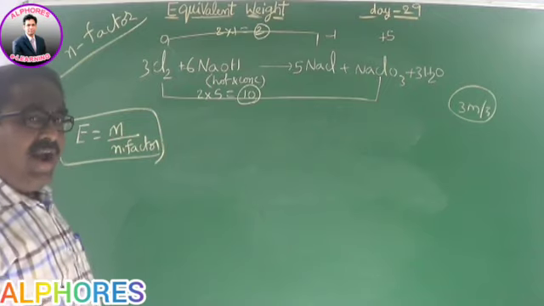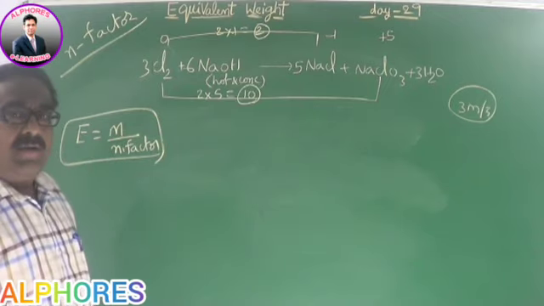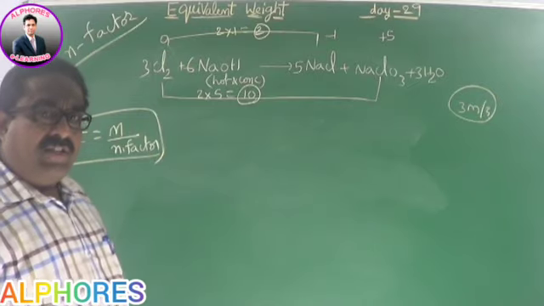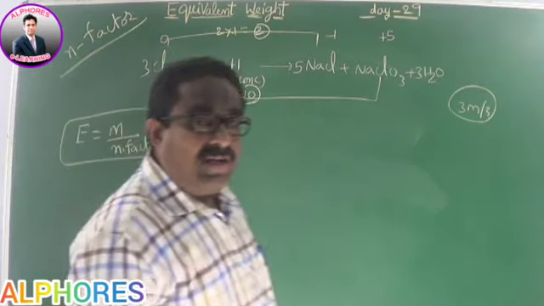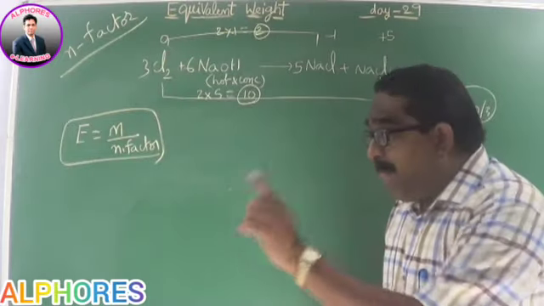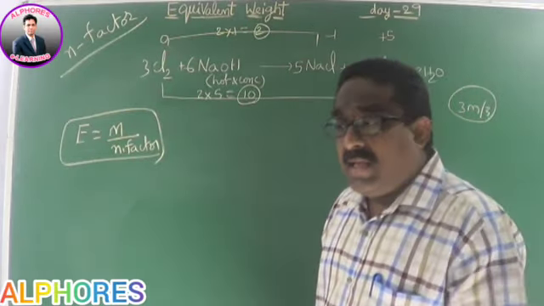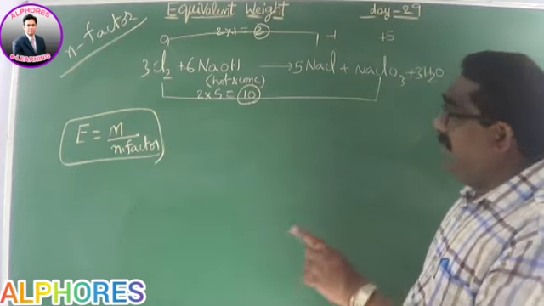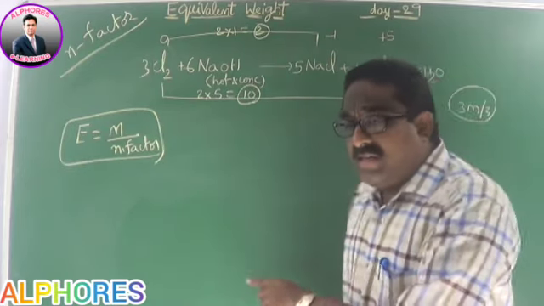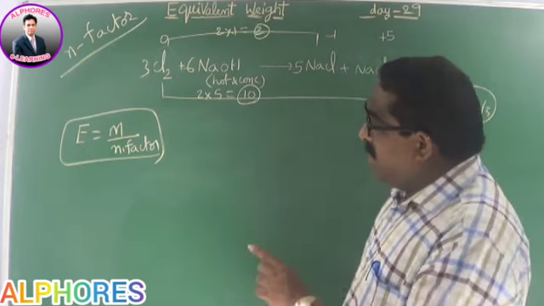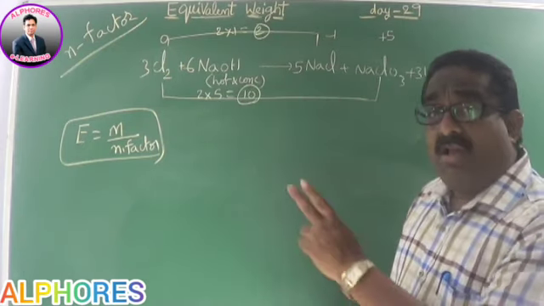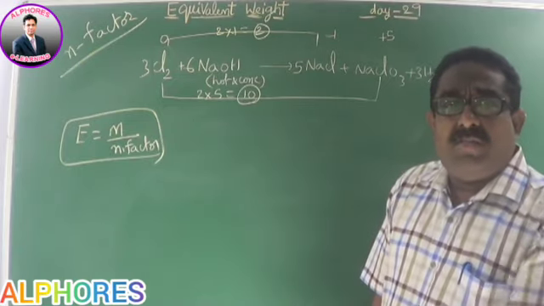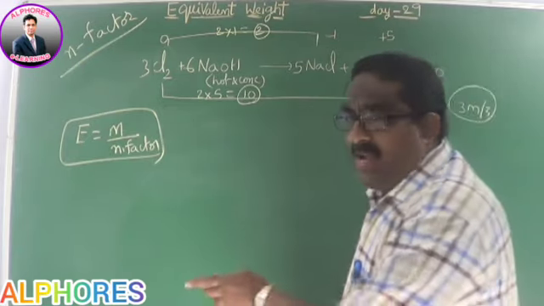What is that n factor? That n factor is nothing but valency in the case of an element. That n factor is nothing but the magnitude of the charge on the ion in the case of ions. That n factor is nothing but basicity in the case of an acid, acidity in the case of a base, and the total charge, either cation or anion, in the case of a salt. That n factor is nothing but the number of electrons lost by a reductant.